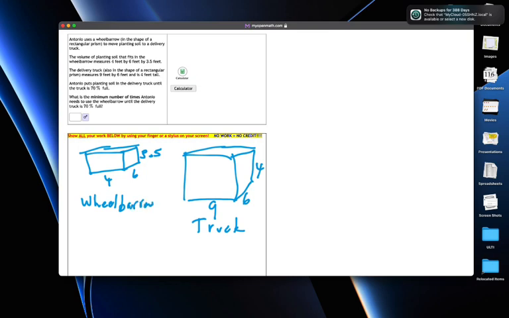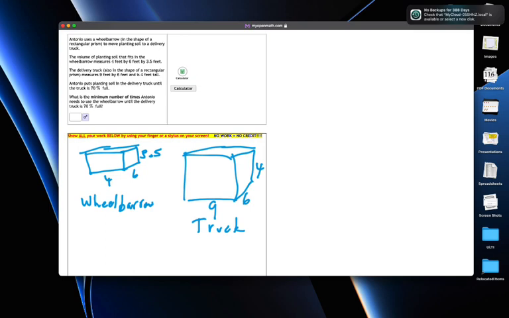Okay. So basically, we're trying to figure out how many wheelbarrows we can fit inside of that truck until the truck is 70% full. So the question is, what is the minimum number of times Antonio needs to use the wheelbarrow until the delivery truck is 70% full? In this particular problem, it probably would help us if we could figure out the volume of the truck